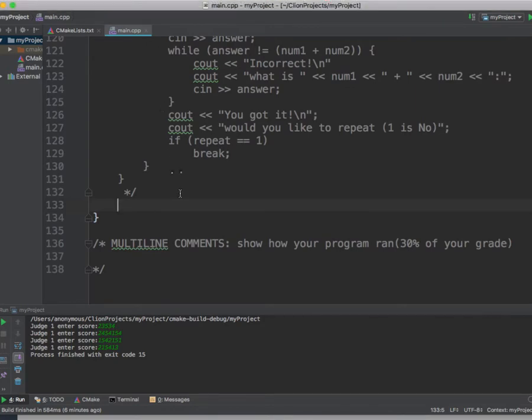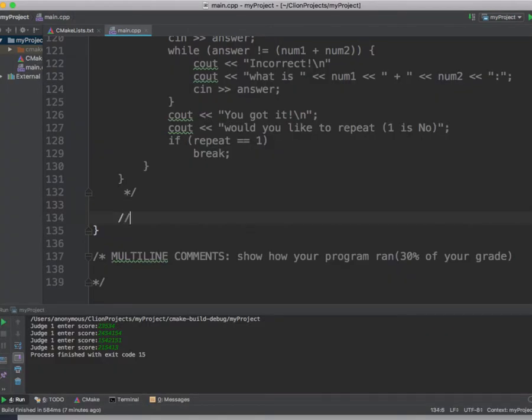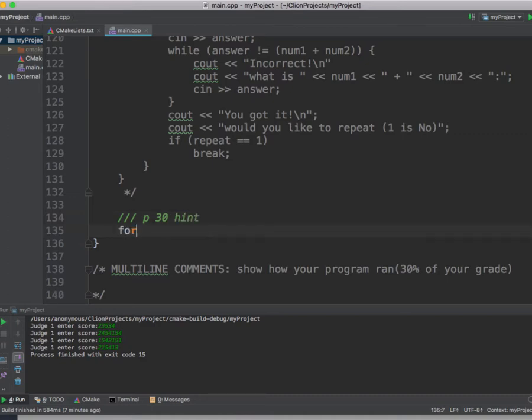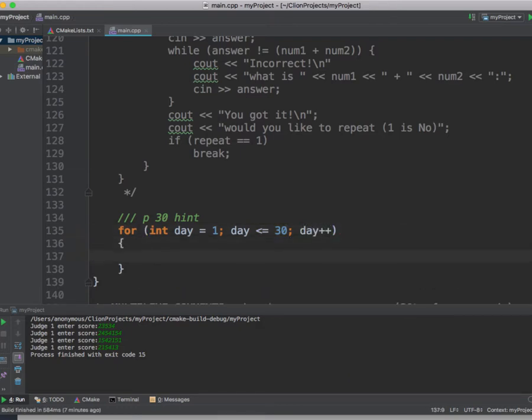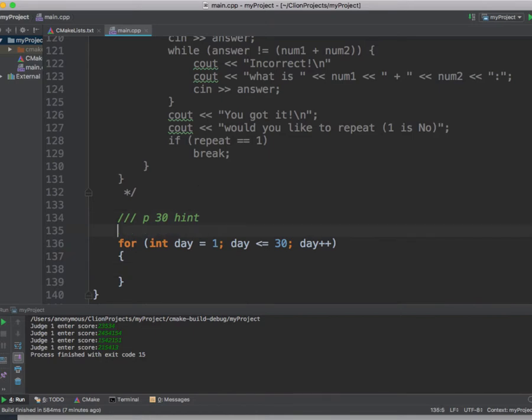Almost done. This is P30 hint. All right, so you have a loop for int day is equal to 0. Let's make it 1. Day until the day is less than or equal to 30. Day plus plus. And inside this loop, you have a penny. So I'll do a penny, double penny. I'm going to make it a 0.01. And then here I'm going to say